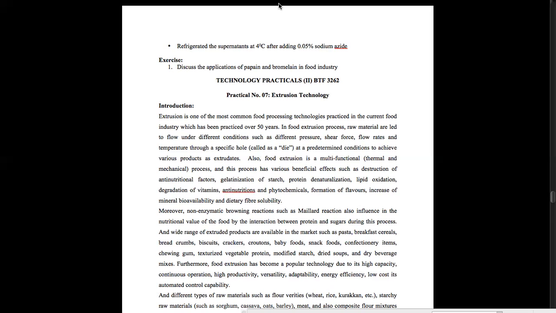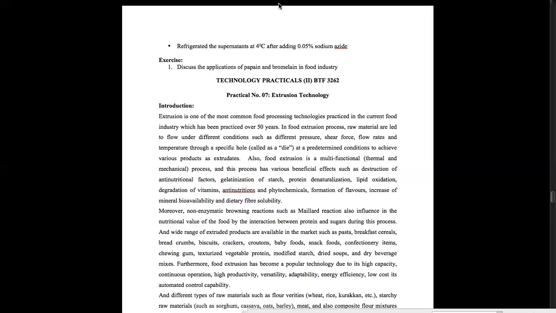We have an extruder in our laboratory, but I'm not sure that we can use it for any product development. But you can go through the parts, observe the parts available in the extruder, take pictures, and attach them to your practical report. We have a double barrel extruder in our laboratory, and hopefully we can do the practical later with some locally available raw materials.